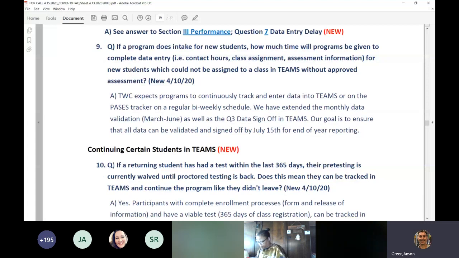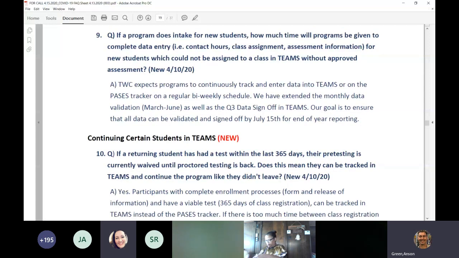Another question: should new classes be created in Teams to reflect the startup of remote classes? Mahalia, I'll let you address that. We have a question in there about renaming classes, but should they name new classes in a unique way? My first response on that is we're going to look in Teams for sure, and Mahalia can correct me if